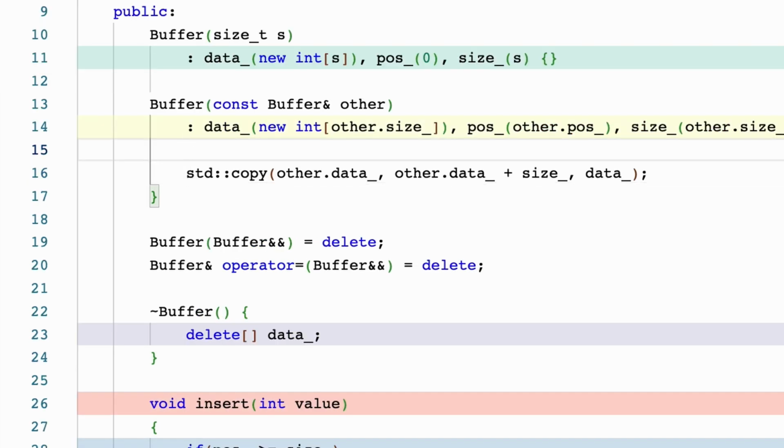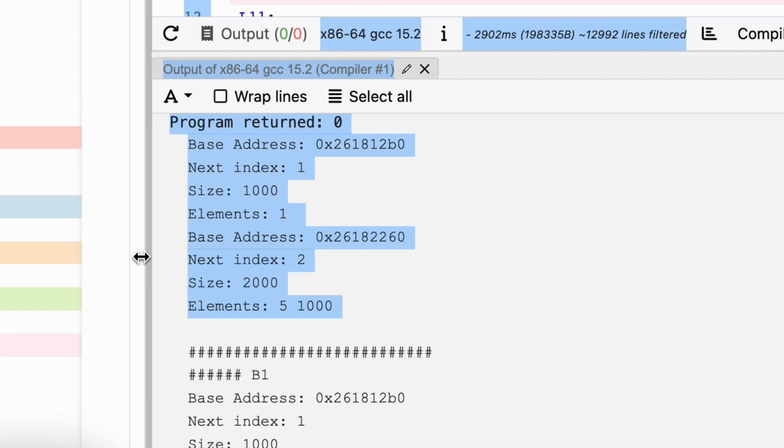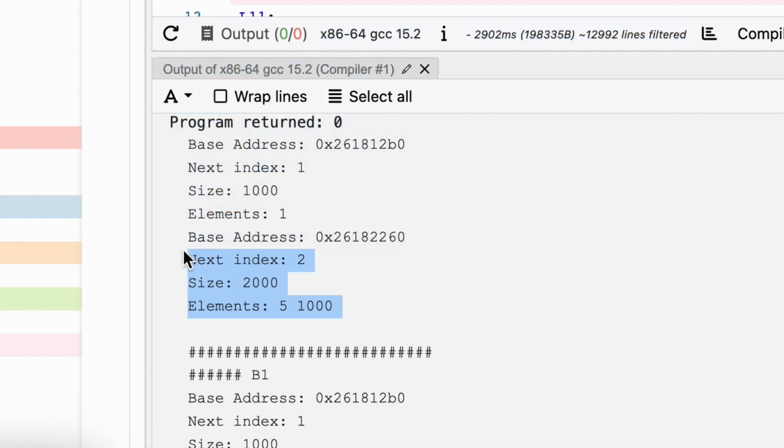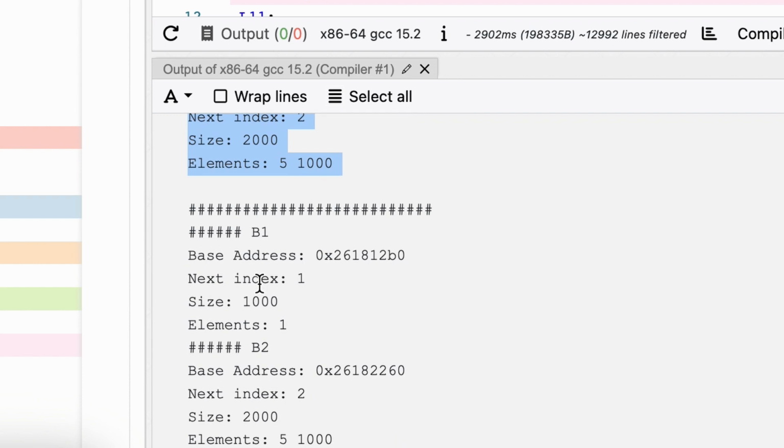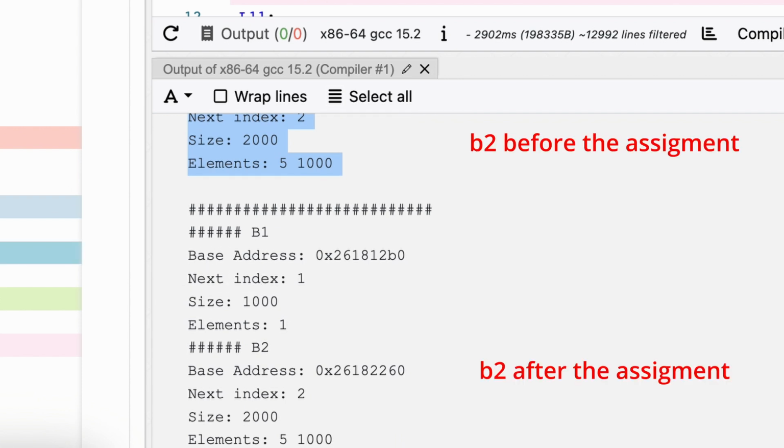Let's simulate this by placing a throw of a bad_alloc inside our copy constructor before the actual copy. By now executing the code, we can see that the problem that we saw before in the previous example is not present anymore because the object is copied correctly. So it can either be fully copied or not. If the exception is thrown, the object remains in the previous state.